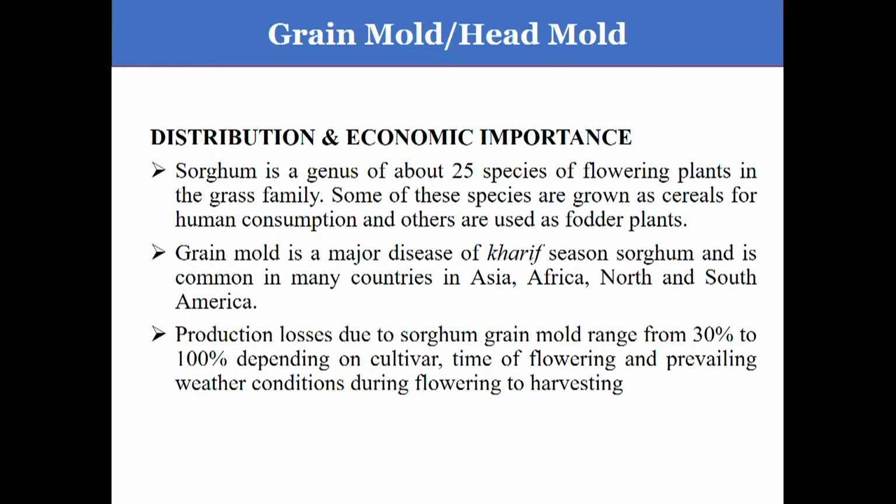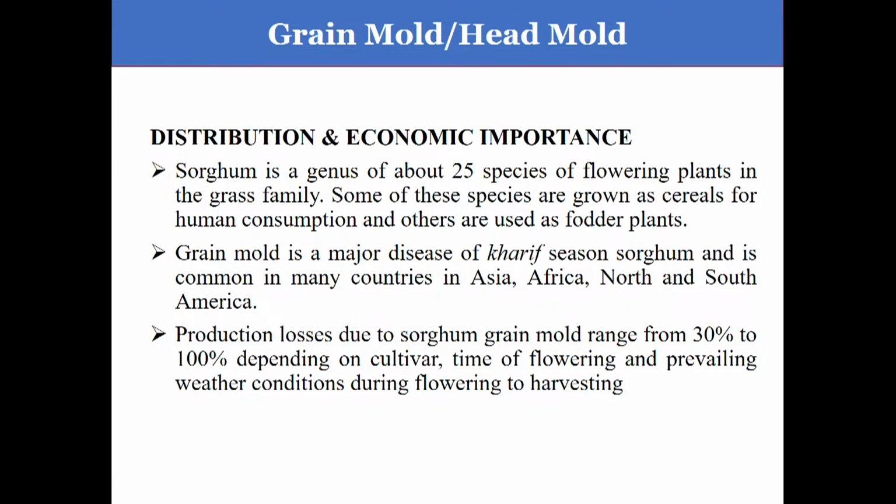Some of these species are grown as cereals for human consumption, and others are used for fodder. As you know, many varieties of sorghum are widely cultivated in India and abroad, for fodder as well as some varieties for human consumption. Grain mold is a major disease of the Kharif season basically, and it is common in many countries like Asia, Africa,